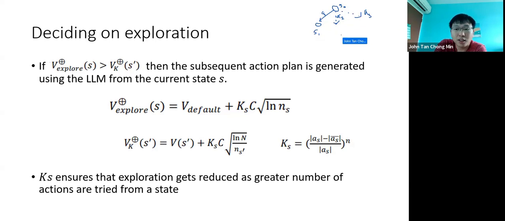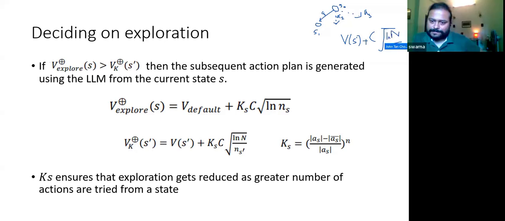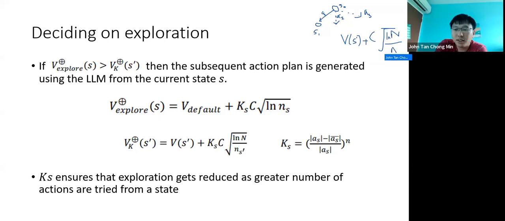Let's say you use V, so you have your V of state prime plus the exploration constant C times the square root of ln n over n of s prime. Wouldn't this already be able to bias the exploration to the unexplored nodes? As long as you have a way to characterize your actions, I'm assuming in the environment the actions are finite, right?